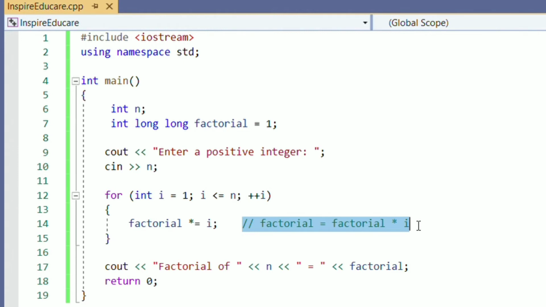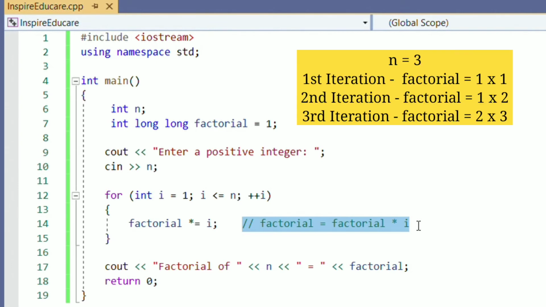Just assume the value of n is 3. Okay. So in first iteration, i equals to 1 and initial value of factorial is also equal to 1 that we have given in the program. So in first iteration, calculation will take place 1 into 1 and the value will be stored into factorial.